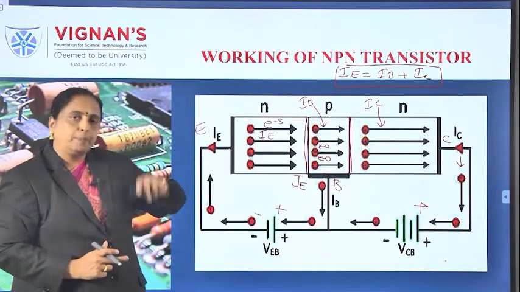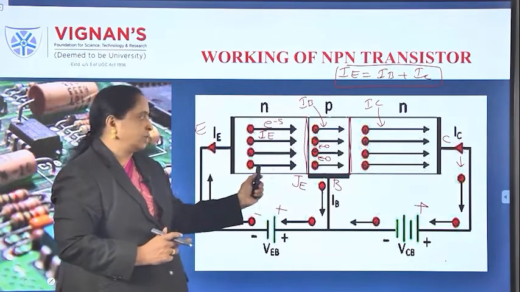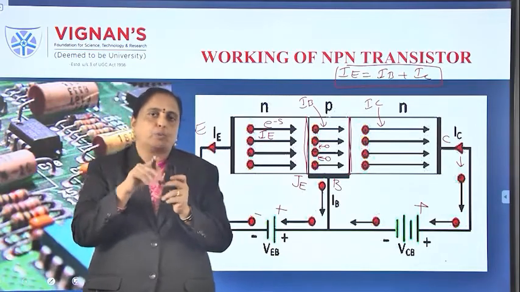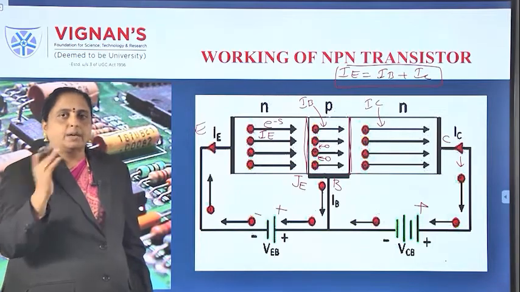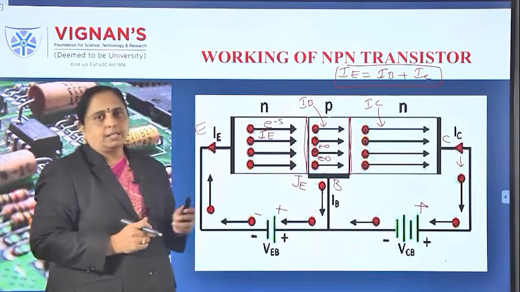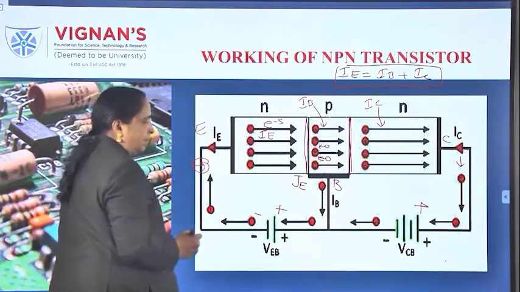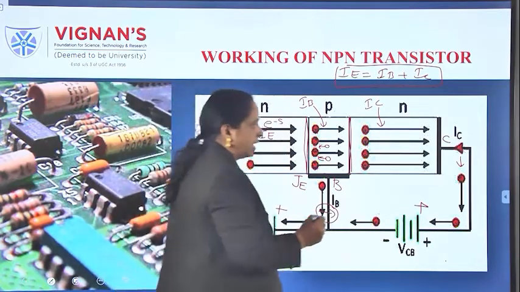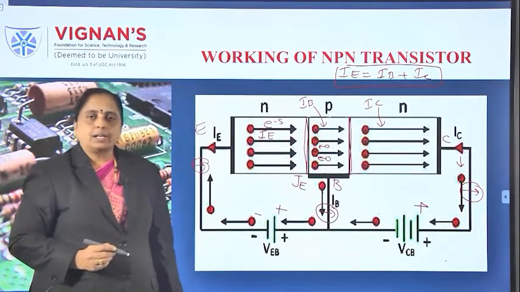Therefore, in an NPN transistor, the movement of the majority charge carriers here is due to electrons, and holes are also moving in the opposite direction. So the current conduction is due to both electrons and holes, that is, both majority and minority charge carriers. That's why we call this a bipolar junction transistor. You can also read the current by connecting an ammeter here, or connect an ammeter here to read the base current, and similarly here you can connect an ammeter to read the collector current.